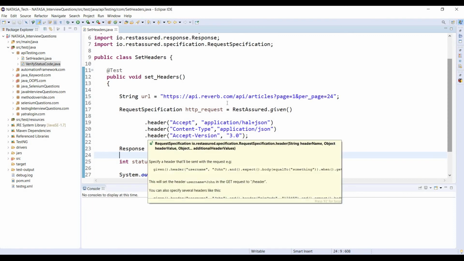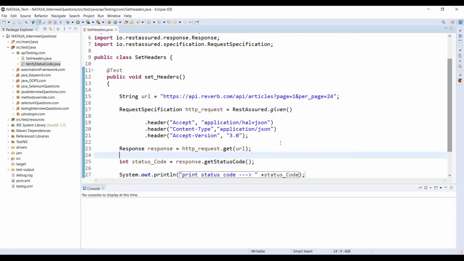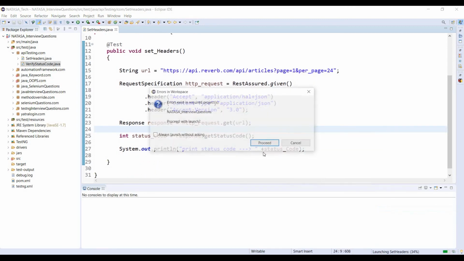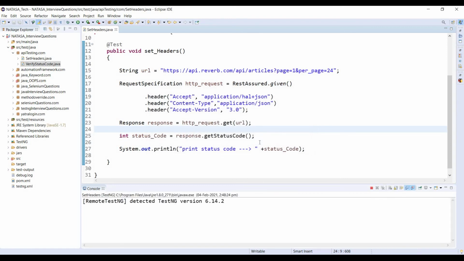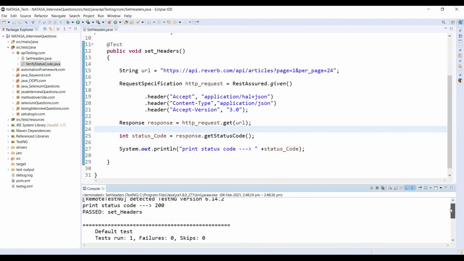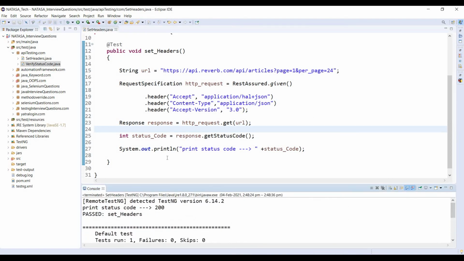Using these header values, we are getting status code 200. I need to check here, Run As. Yeah, we are successfully getting 200, right?